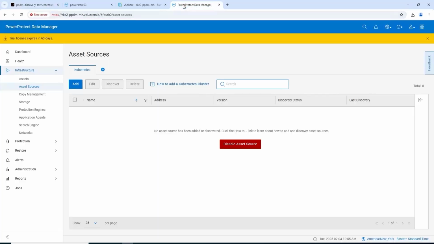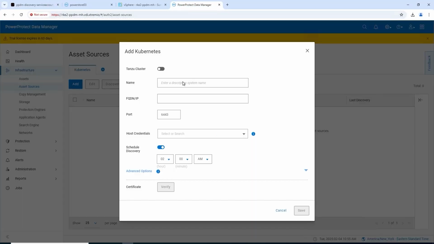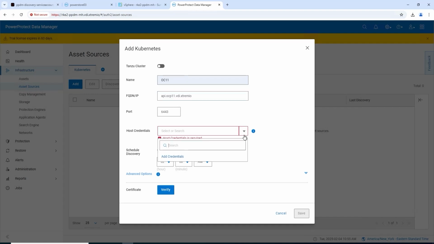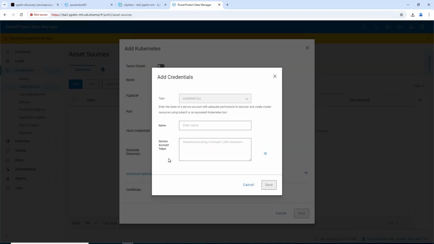All right, back into PPDM. Now we can add it as an asset source proper. So click add, give it a name. I've called it OC11 here for my cluster. Give it the API address, redact the HTTP header, port 64443. Let's create the credential, give it any name, and then here we paste in the token we've just extracted from OpenShift. Click save